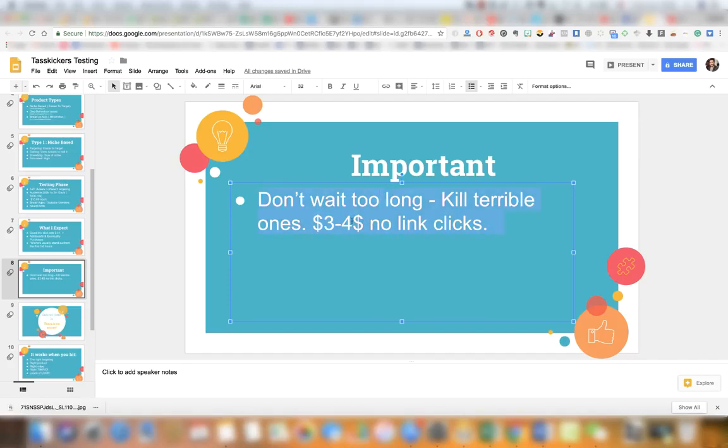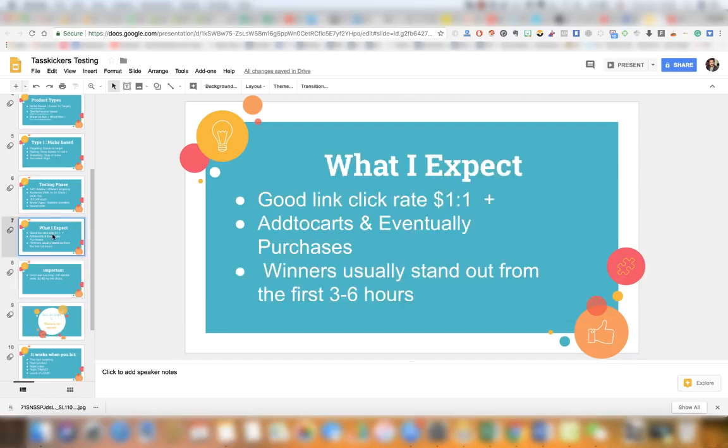If you reach 3, 4, because if you keep them, you will be spending a lot of money on products that might work or might not. But since you don't have a good budget, I would suggest you kill the assets that don't have any traffic after $3 or $4 spent. Because this is what I actually do, exactly. Because the winner products usually stand out. From the first 3 to 6 hours,